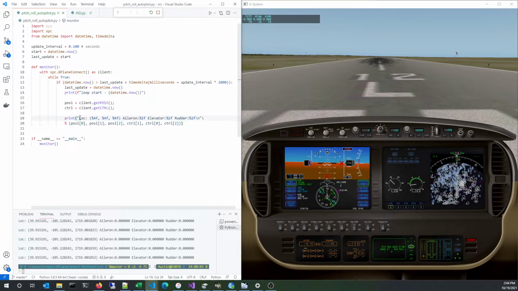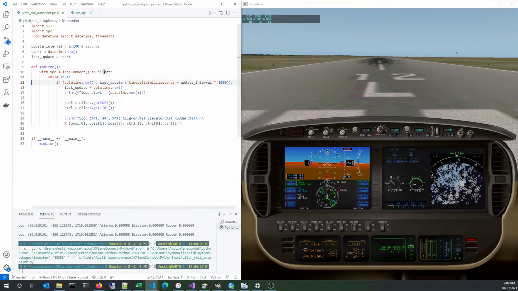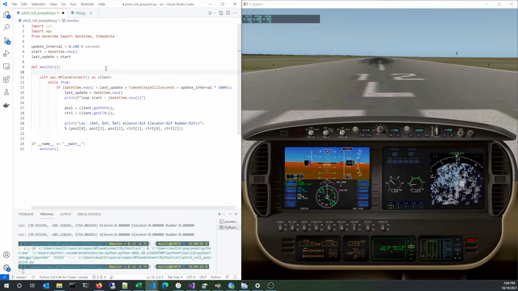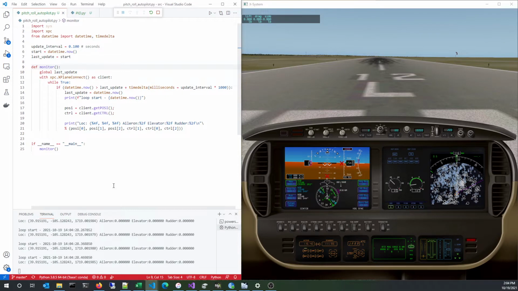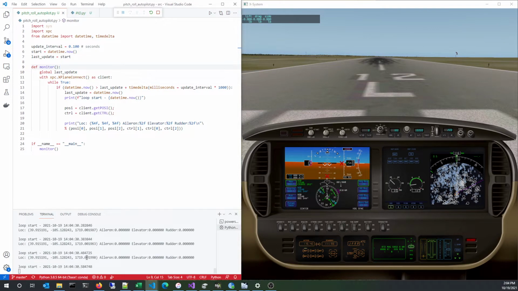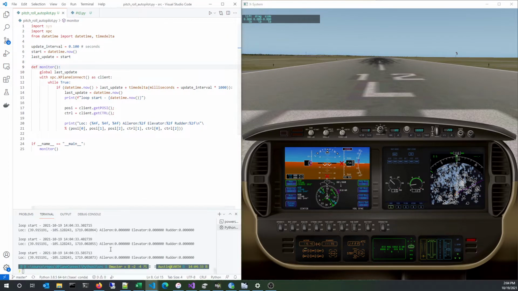So if we go ahead and hit run on this, alright, I forgot to add the other thing in there. We need to define last update as a global. And then we can run it. Alright, so loop start. You can see here that we are executing this far less frequently than we were. So if we pause this,